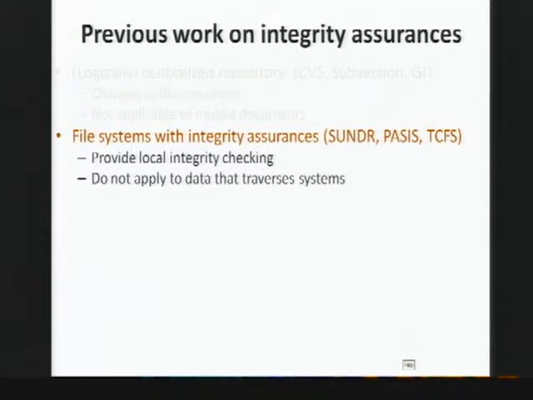Such a file system, and later you can audit the entire history of this file system. But you can do that as long as the file stays in that file system, or maybe transferred to yet another standard or other trusted file system. We cannot carry this integrity verification properties across systems. As we exchange this document between or among a lot of different users, we cannot pass on this integrity preservation